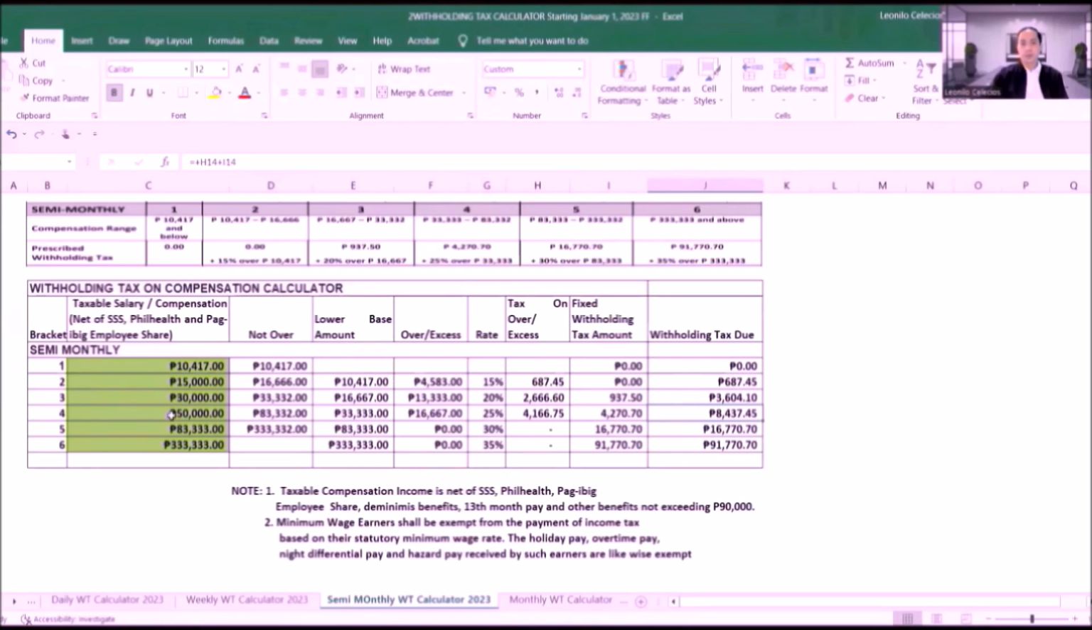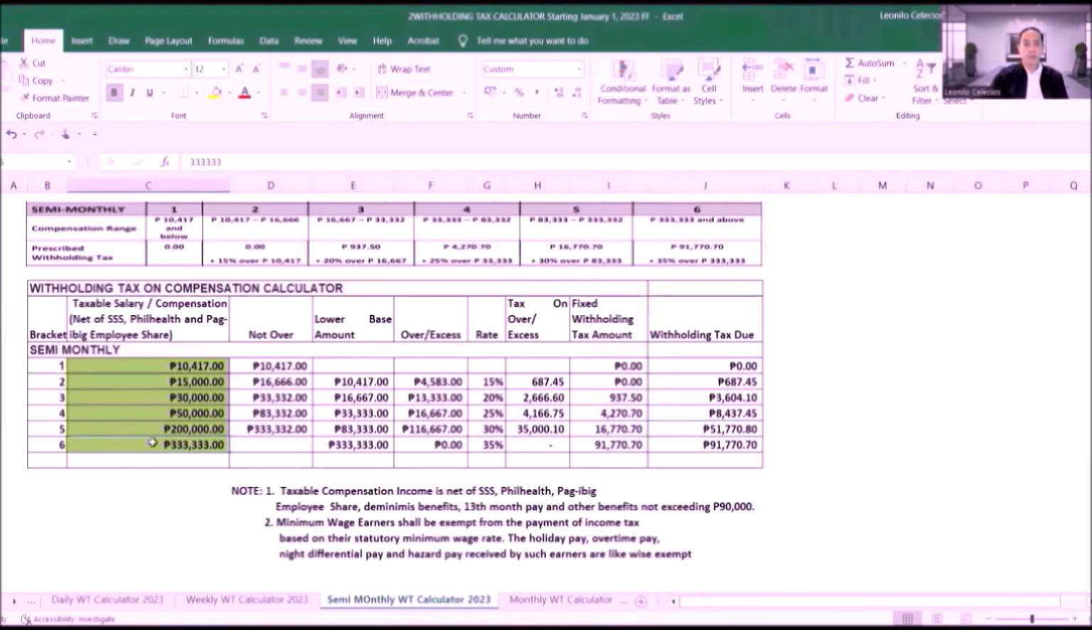So meron kang withholding tax na 8,437.45. So again, ang computation is 50,000 minus 33,333 equals 16,667. Multiply to 25%, kaya 4,166.75 yung withholding tax sa excess amount. I-add siya dito sa 4,270.70 na fixed amount ng withholding tax, kaya 8,437.45. So dito sa bracket number 5, so kung meron kang 200,000, so ang withholding tax mo dapat is